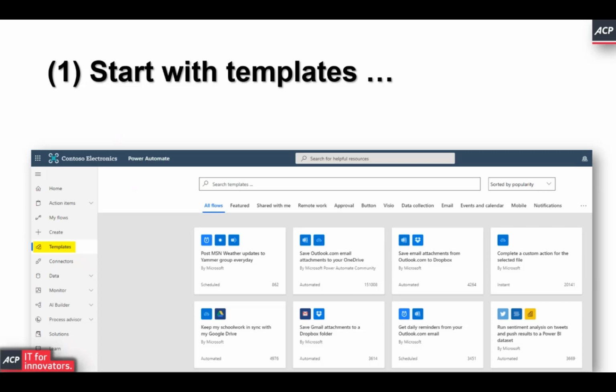The nice thing with the templates is, even though they don't work as beautifully with all the templates all the time, you can adapt them and you can use them as a basis and make them your own. And even if you're not that experienced, it's a very good starting point just to browse them. There are tons of different examples that you see in there to take it from. Personally, if you're starting from scratch, I would definitely recommend working with templates. But move on from them very quickly, especially because you learn much more if you put your flows together yourself, as you will see in a minute.